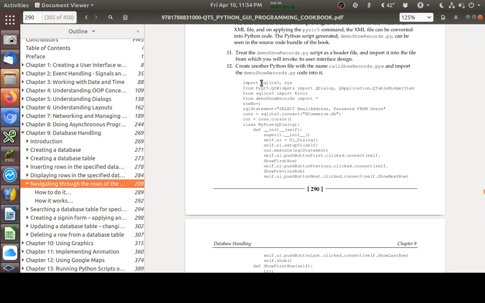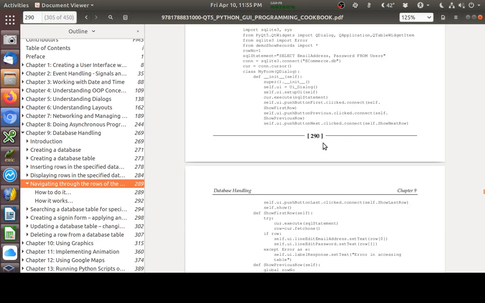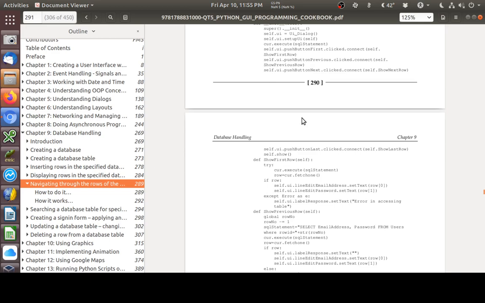They're using the SQLite 3 library. They're having to build an SQL statement here. They're having to use a cursor to execute the SQL statement. They're having to,